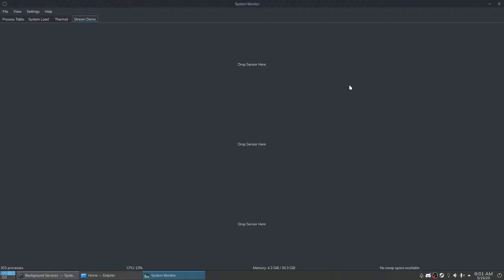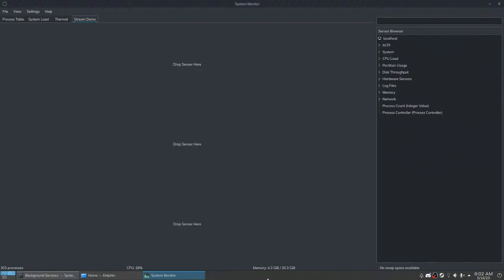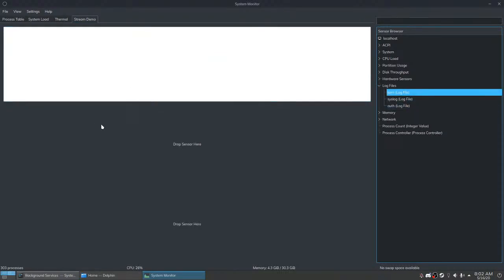And then, so this is weird. If you've never done this before, you won't have any idea what to do here. It says drop sensors here. Well, where are the sensors? If you're wondering where those sensors are, go to the right side and drag over. I shit you not, that's where it is. Not the best design in the world, but it is functional, and there are a lot of sensors to choose from. You can even have log files print here, like kernel.